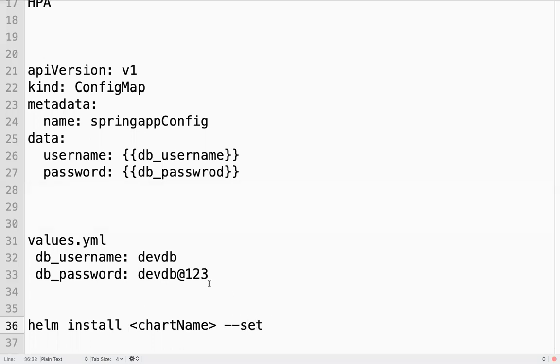Something like this I can change at runtime without modifying the manifest.